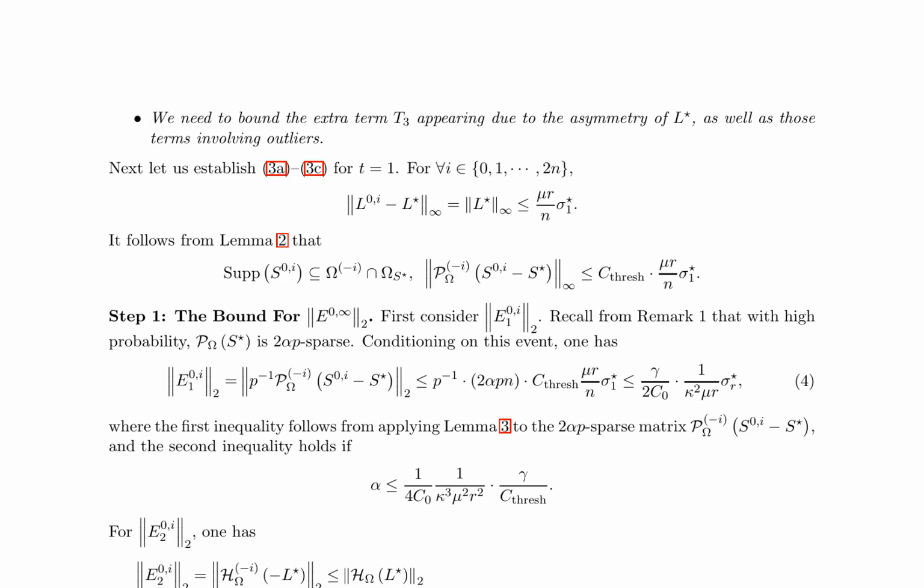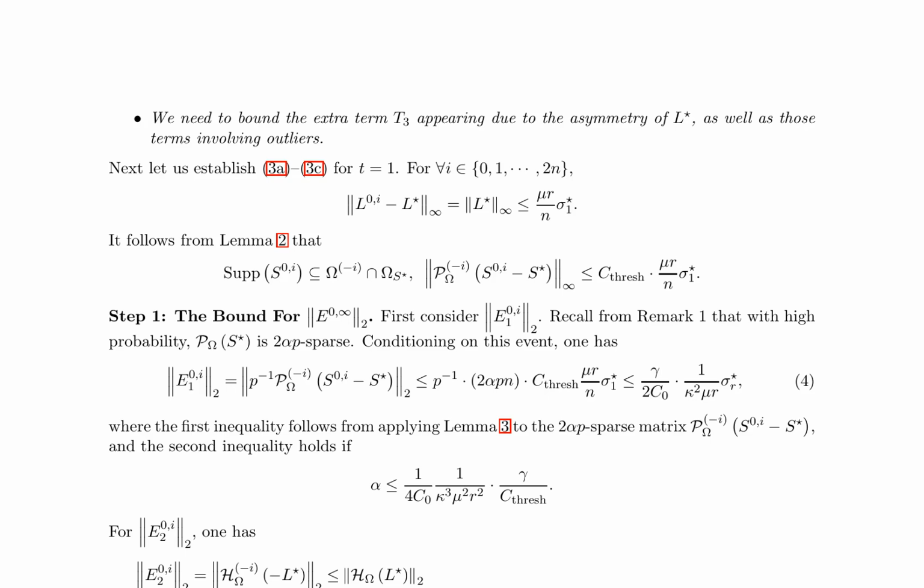First consider ‖E0 I1‖ ‖_2. Recall from remark 1 that with high probability, P_Ω_S is 2αp sparse. Conditioning on this event, one has ‖E0 I1‖_2 = ‖P_I Ω_S0 ...‖_2